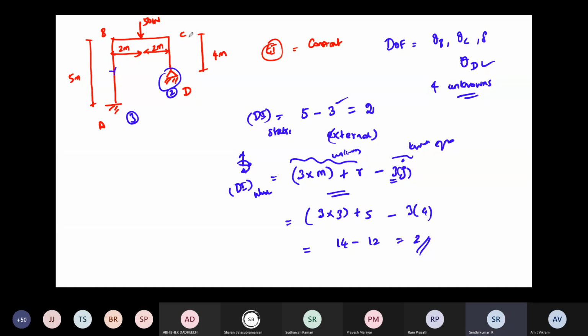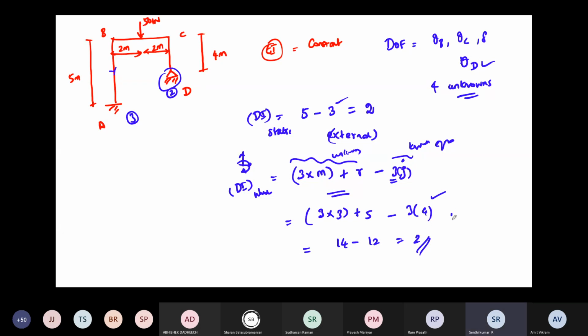Yes or no? Method of joints. Yes, sir, we have done. Sigma H equal to 0 you will put, sigma V equal to 0 you will put, but generally for the whole truss you will take some sigma moment also. That's why in each joint you are having 3 equations. So these are your known equations. From that you can find out only 2 unknowns.